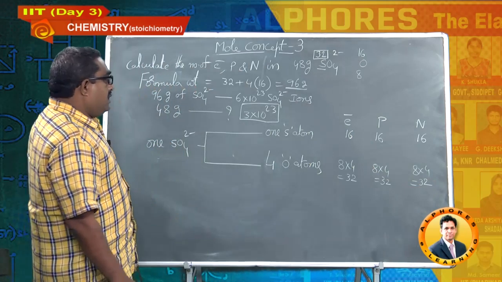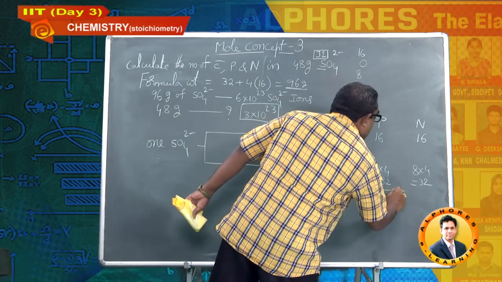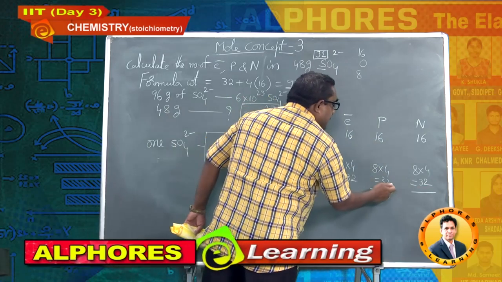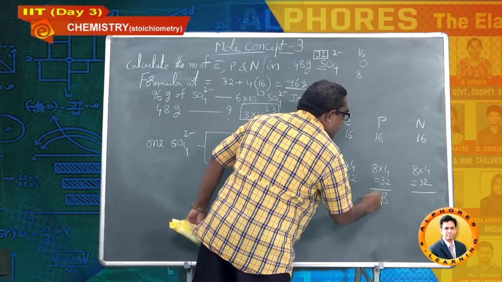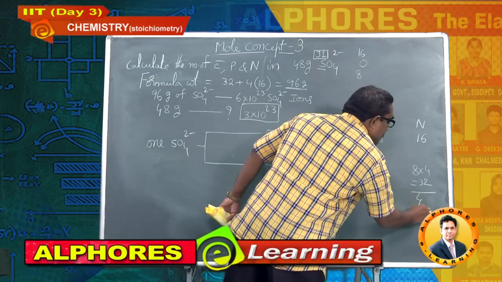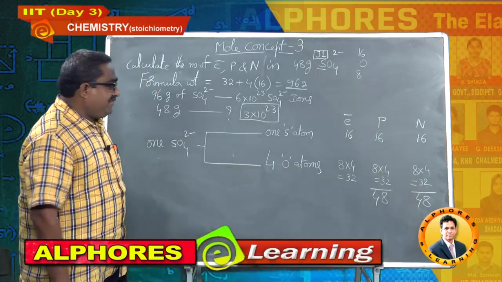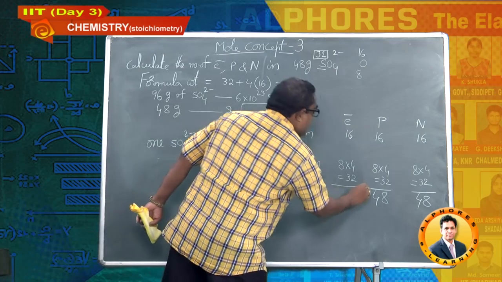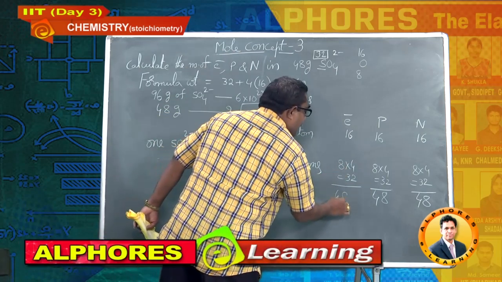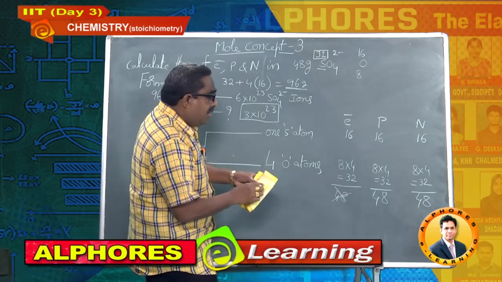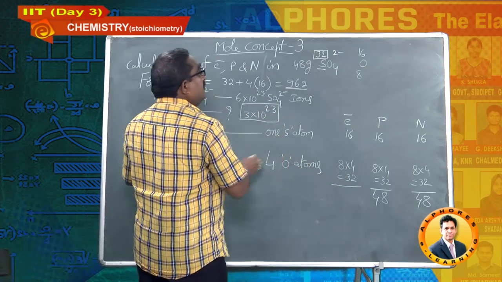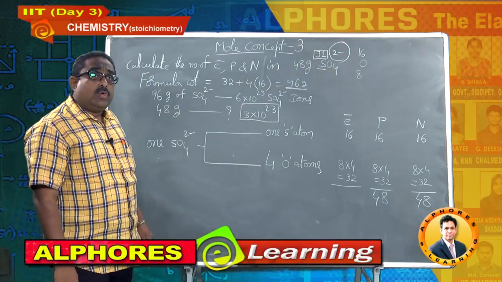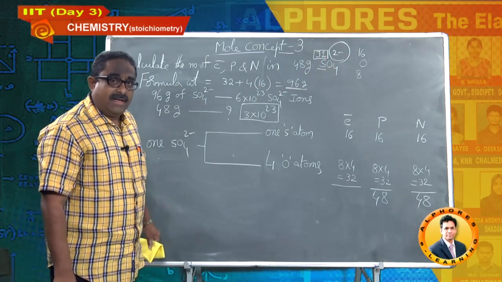Right. Now I am going to calculate the total number of protons and neutrons first of all. 16 plus 32, students, 48. Here also 16 plus 32, students, 48. Note down, here you are not supposed to write blindly 48. It becomes wrong because there is a charge of 2 electrons here with the negative charge.